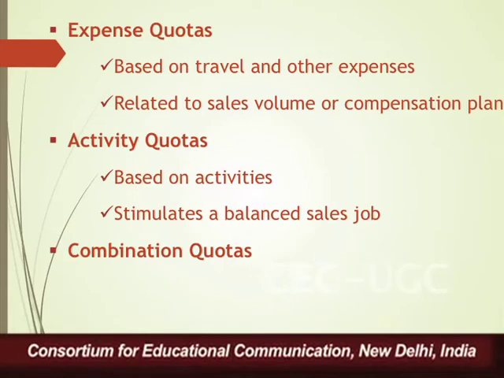Another kind of quota which is usually very useful is where you set up the activity quota, so the activity targets. Now, this is not only one of the ways in which you can reduce the overemphasis on the volume quotas, but also you can really focus on different kind of tasks or different kinds of activities that you want your sales representatives to perform. Like, for example, the kind of daily calls that you want them to make, or the new customers that you want them to call on, or procuring order from the new accounts, and so on and so forth. So, what is happening?